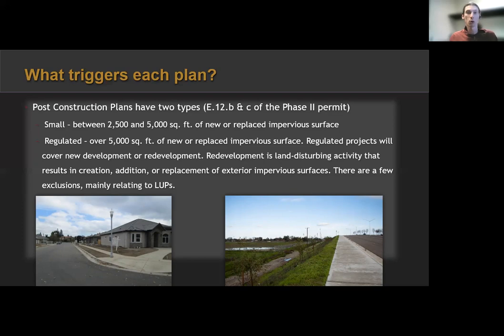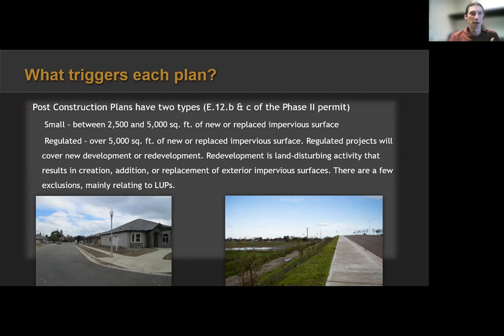So that can cover a whole lot of things, especially if your trigger for an ESCP is any soil disturbance. If it's above 5,000 square feet of impervious surface addition, you might need to look at that and say, hey, this might need post-construction standards as well. Especially if you're working with small projects, they might not know the city standards. They might not submit it the first time around. So something to look out for as they're submitting some basic information or planning is to look for these numbers, these figures. Now, a regulated project covers, as I said, new or replaced. So this also covers new development or redevelopment.